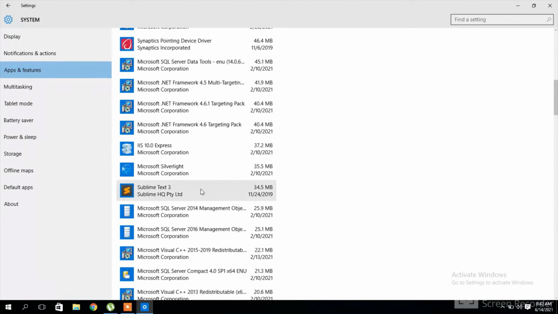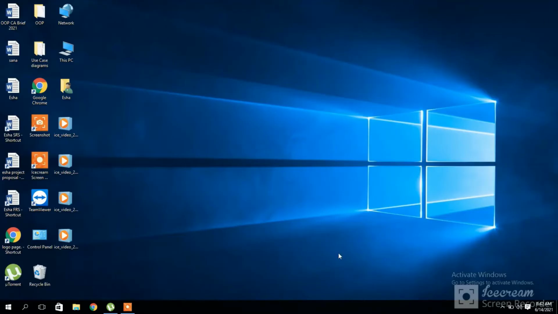Suppose I want to uninstall Sublime Text 3. Select that. Here comes an option of Uninstall. This was your second method. Now the third method is